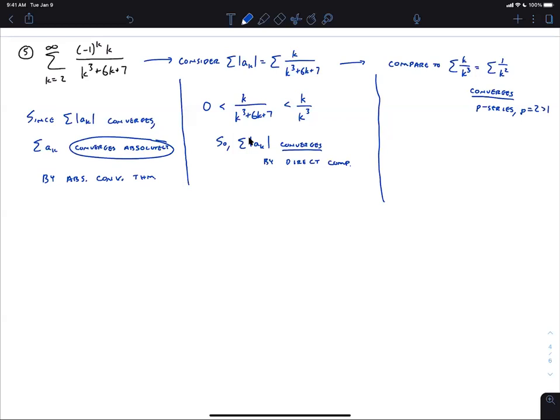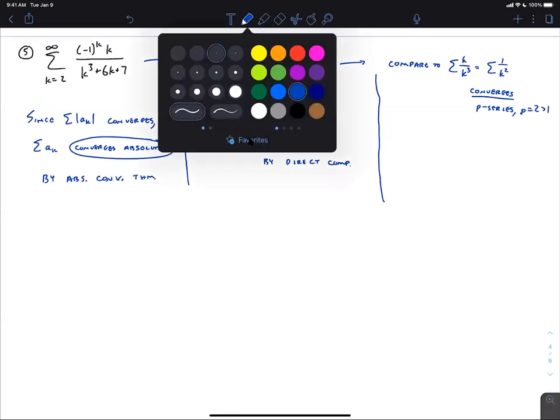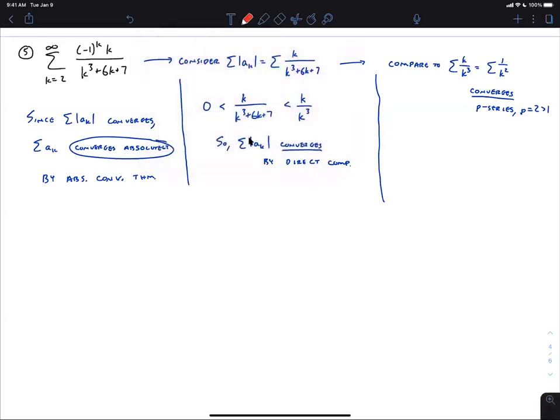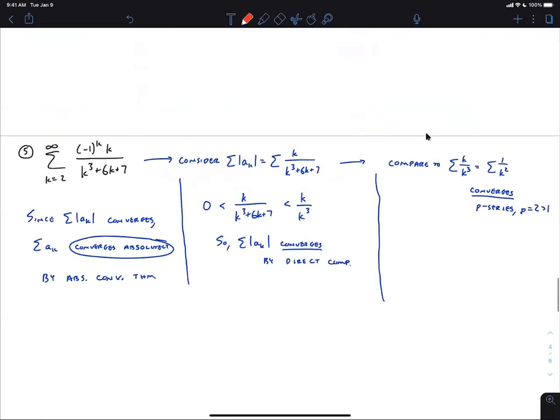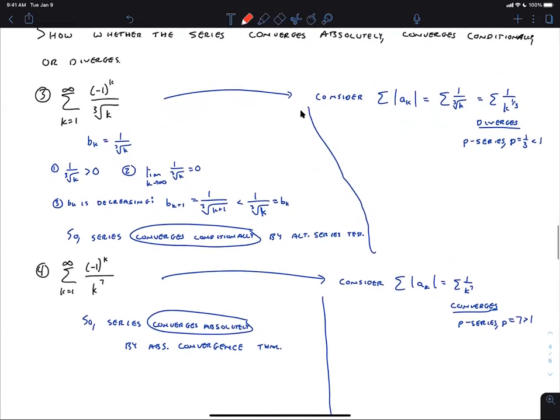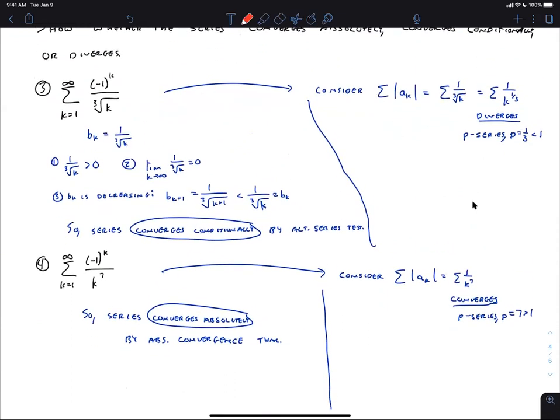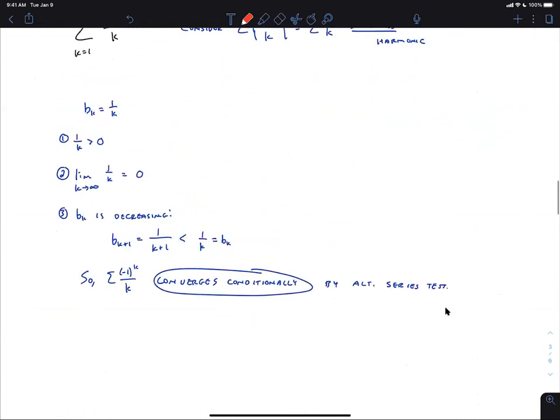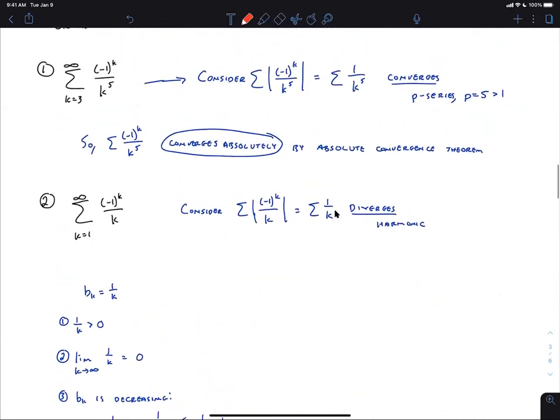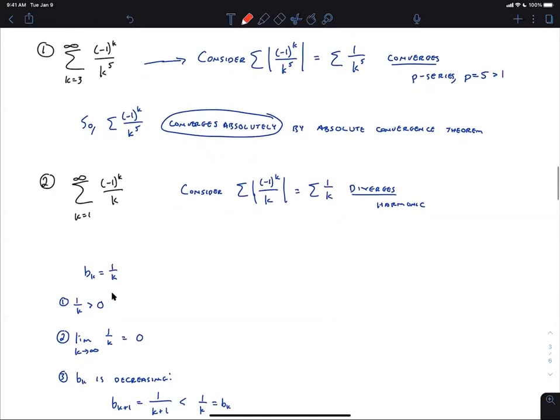Okay, now we're going to do more examples of these, but what typically happens is that if it's an alternating series where the rest of it is all the same function type, so either all power or all exponential functions, then they follow this form where you usually have 3, not 2 parts. These up here had 2 parts because when we took the absolute value, we were already at a P series. Same thing with the first 2 we did. When we took the absolute value, we were already at a P series, and then it was quick to do